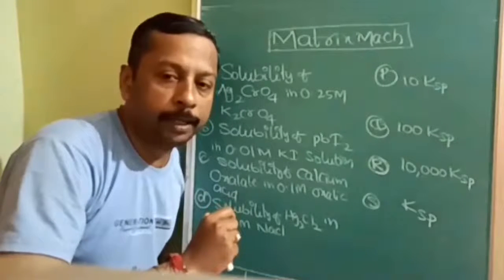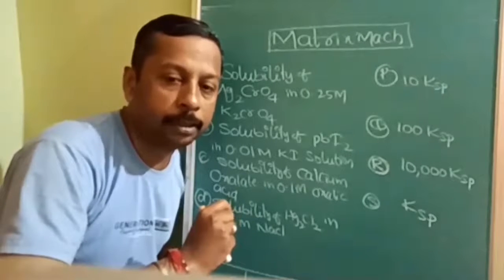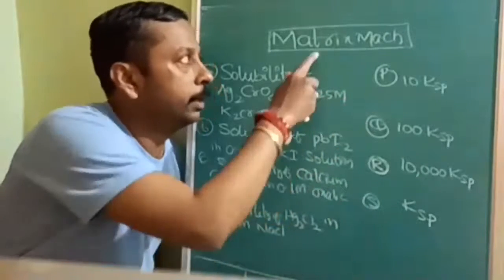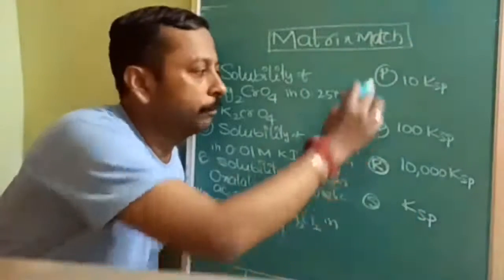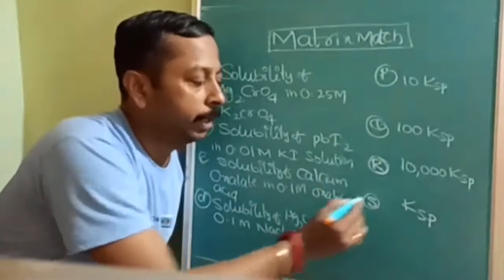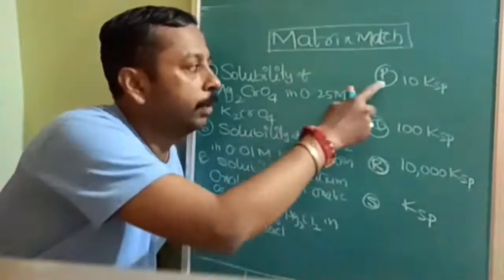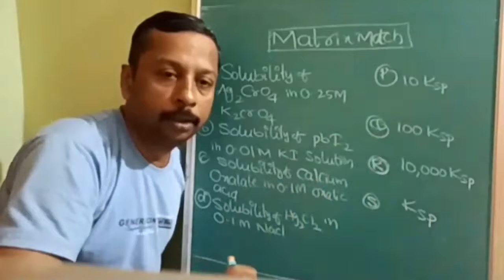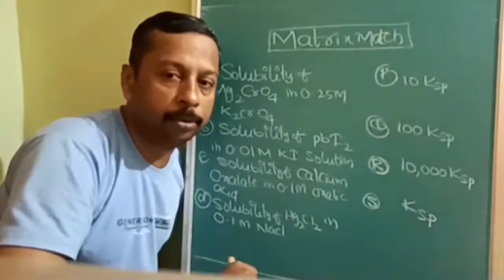So one single matrix match question itself is equal to many questions, because you should be able to match all of them. What is the difference between matrix match and match the following? In match the following, if you are confirmed about three, then the leftover will be S only. But matrix match is not like that. All answers may be R, or all answers may be P and R, and Q will not be available anywhere. That possibility is there.